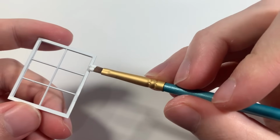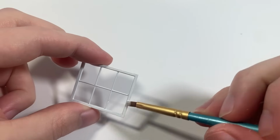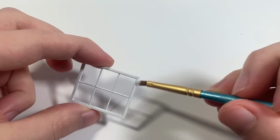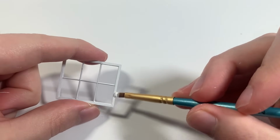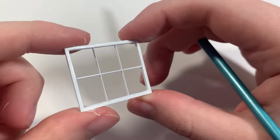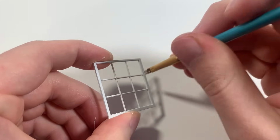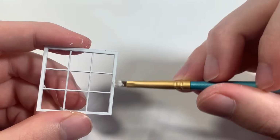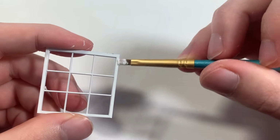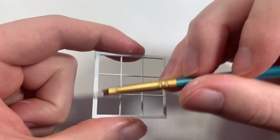One reason is that the white of the primer and the white of the paint on the house don't match really well, and another reason is that brush painting on the 3D printed pieces adds that wood grain texture along the window frames and trim. I know some of you may be thinking I might fill in the details on the muntins of the window frames by brush painting, but as long as you're careful around those parts, they'll turn out just fine. I brush paint in the direction that the wood grain would be to build up the texture on